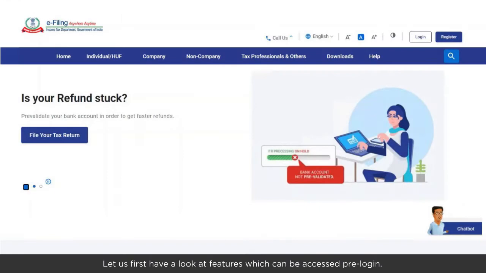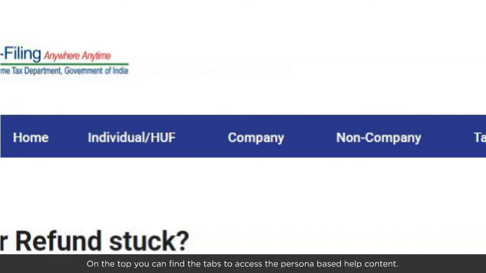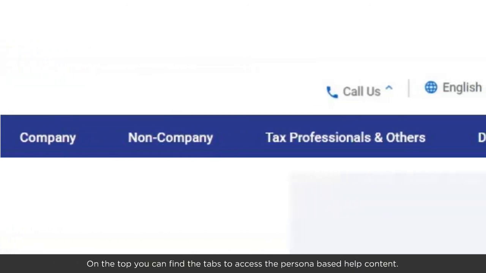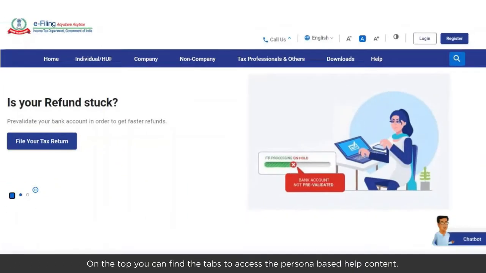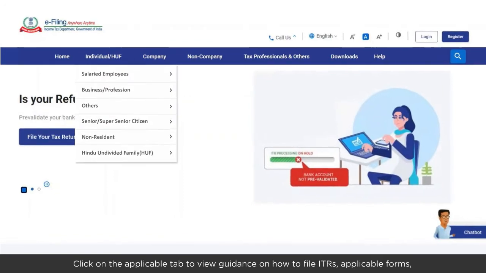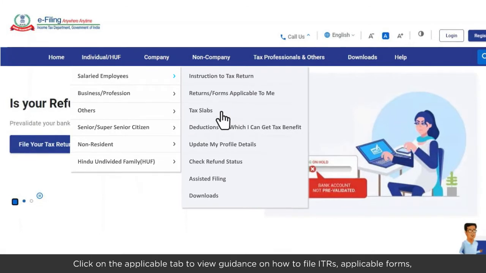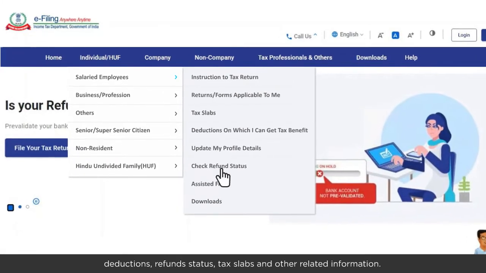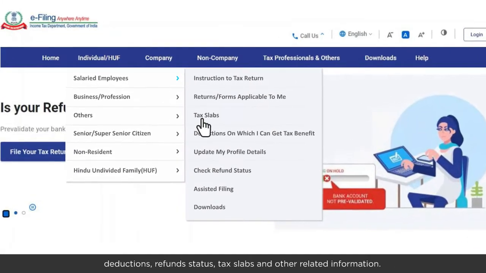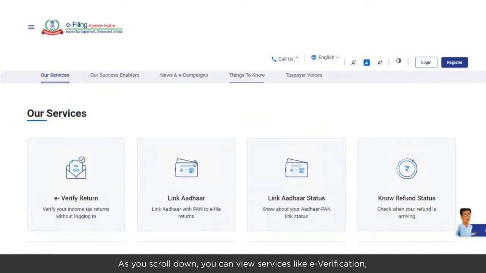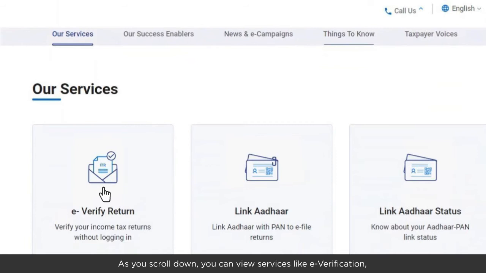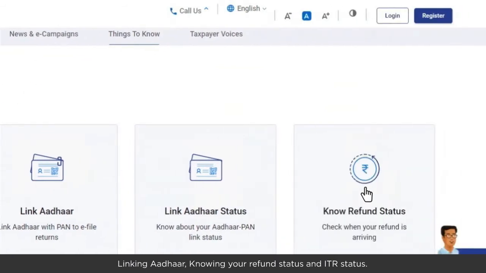Let us first have a look at features which can be accessed pre-login. On the top you can find the tabs to access the persona-based help content. Click on the applicable tab to view guidance on how to file ITRs, applicable forms, deductions, refund status, tax slabs and other related information. As you scroll down, you can view services like e-verification, linking Aadhaar, knowing your refund status